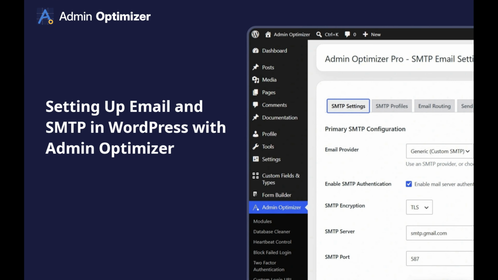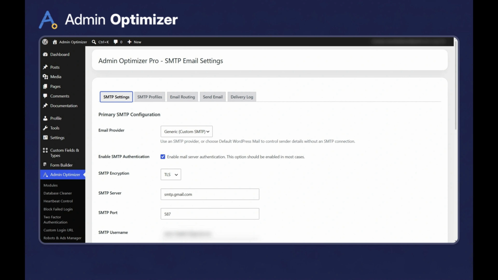By default, WordPress relies on PHP's unauthenticated mail function to send emails. Because this setup lacks proper sender authentication, key messages like password resets, customer receipts, and contact forms often get marked as spam or blocked entirely. Admin Optimizer solves this problem. Its powerful email and SMTP module gives you complete control over your mail delivery, ensuring your messages are signed, trusted,